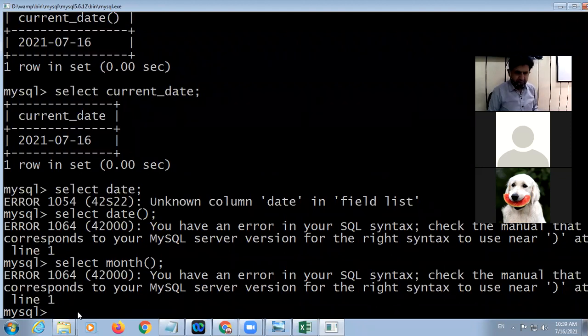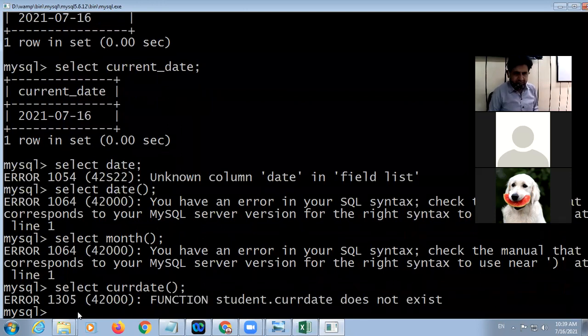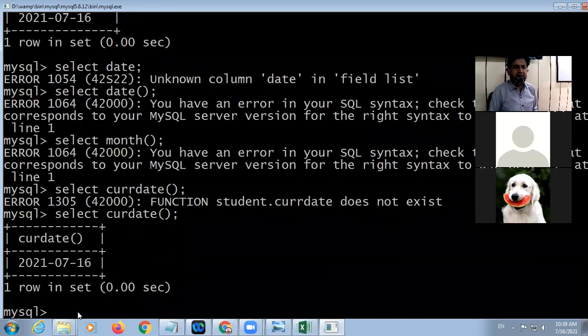Okay. Look at here. If I'm taking here select current date, it displays the current date.